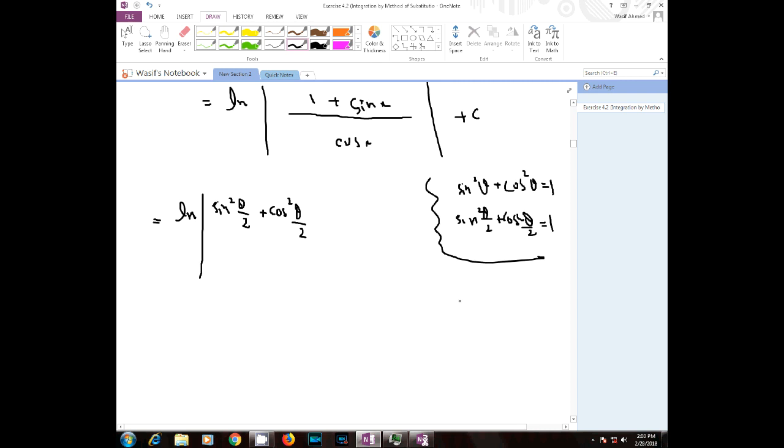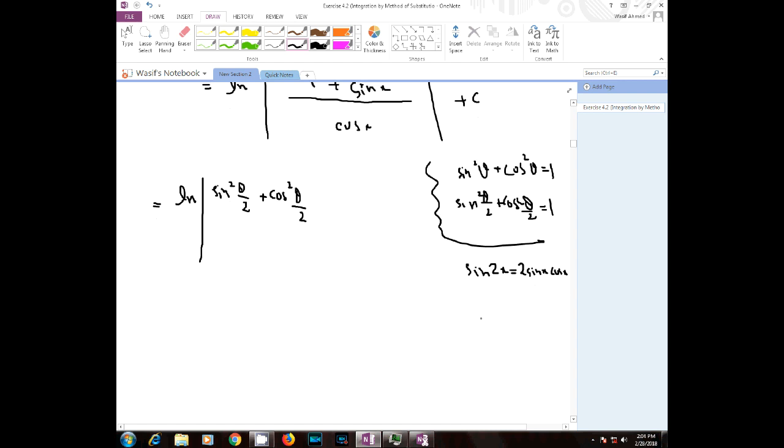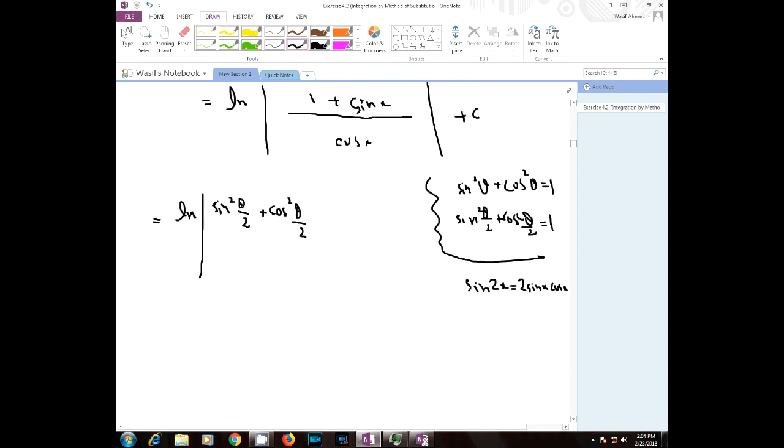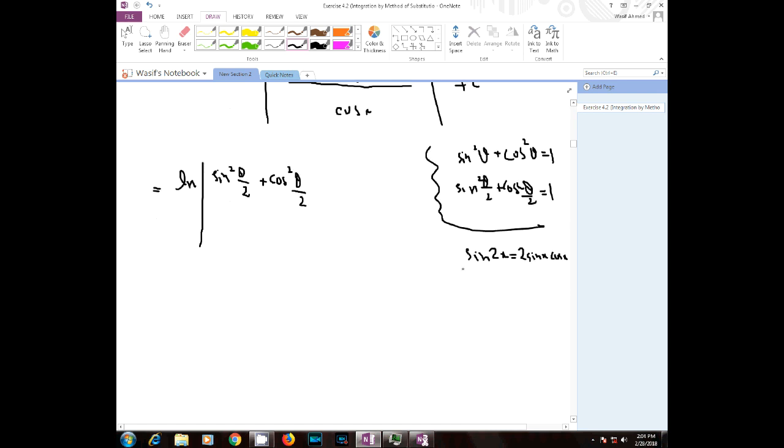Also note that sine 2x is equal to 2 sin x cos x, and if in this formula you replace 2x by theta, this implies that x is equal to theta divided by 2, then you would get